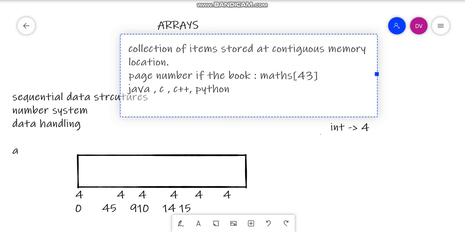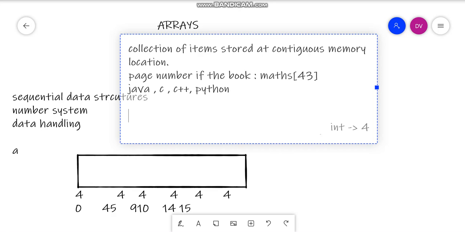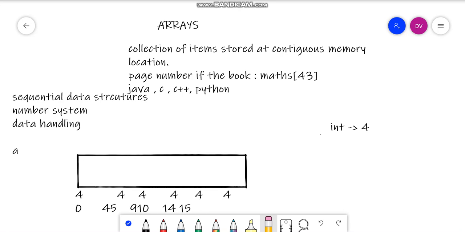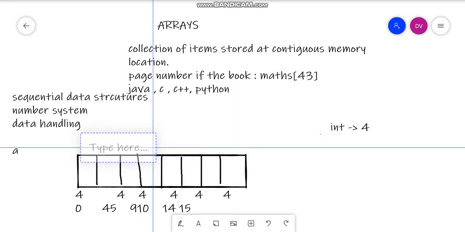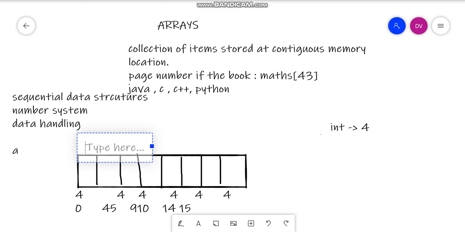So we take the array name with the brackets and give the location we want to search. Suppose I have an array, and let me demarcate it. Always remember, we will always start with zero index for representing the first block of the array, then 1 and so on.